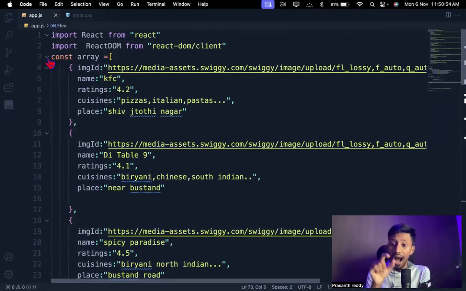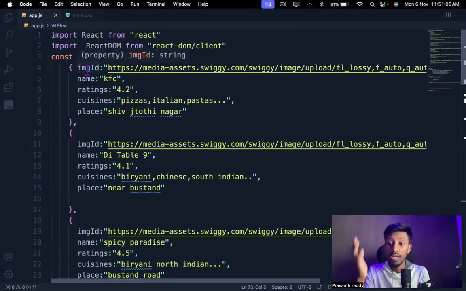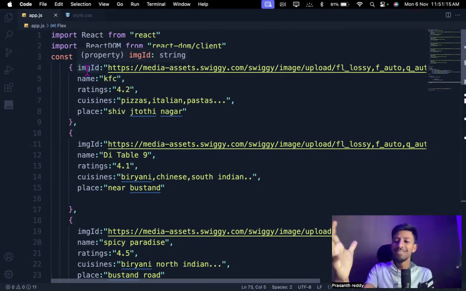Currently, for your understanding, I have written my API inside my own application. But we will never write our entire code like that. If I wanted to write the entire Swiggy API inside my application, even my entire lifetime would not be enough. So what we will do is import the Swiggy API.